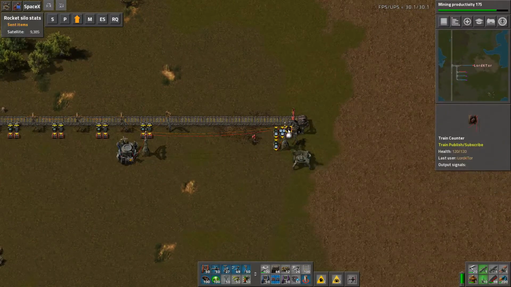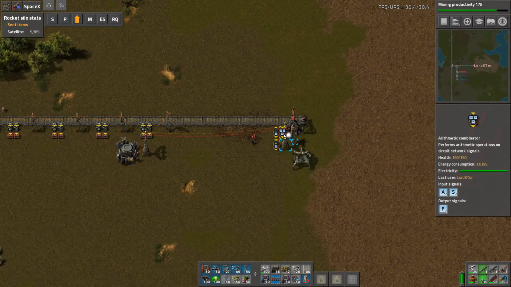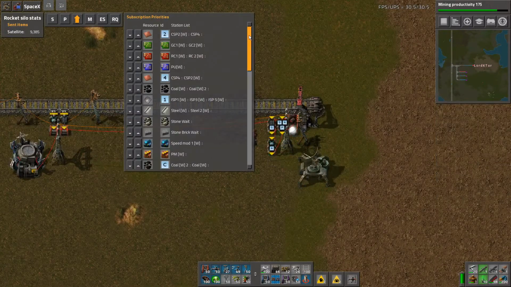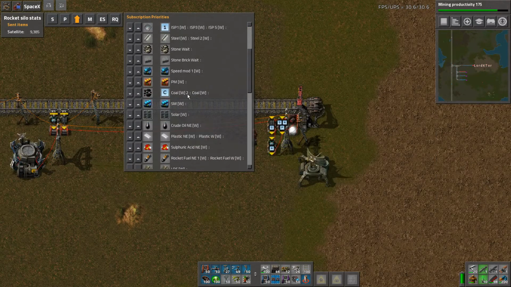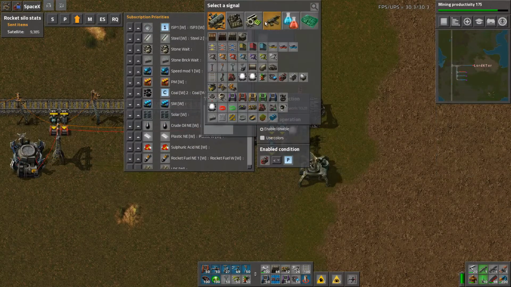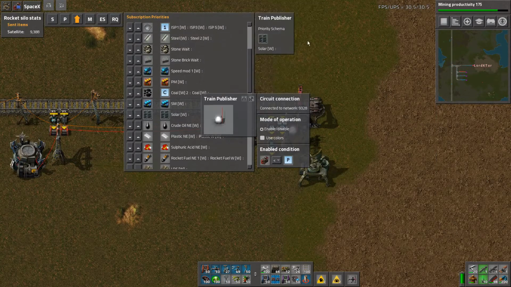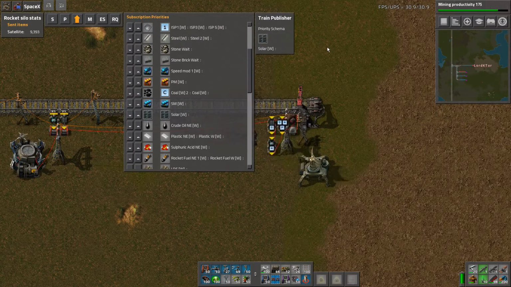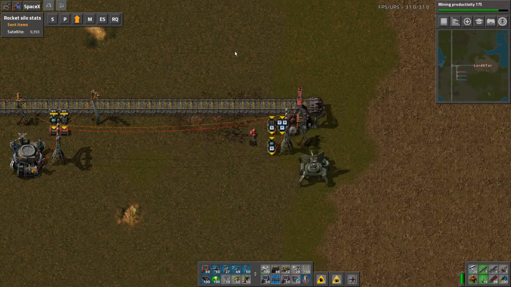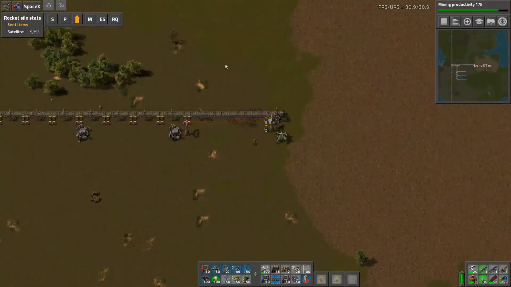So that should be saying we have insufficient satellites, we have insufficient accumulators, send us a train. Let me just check. I think it's a solar panel. Yes, it is. So if we put a solar panel up here in the train publisher, it will know exactly what we want. You can see it's gone out already. There is a solar train on the way. There we go. So that will take a while. Now,